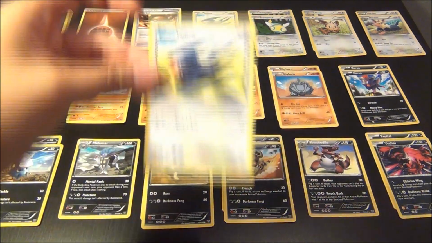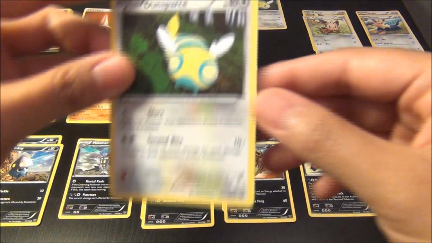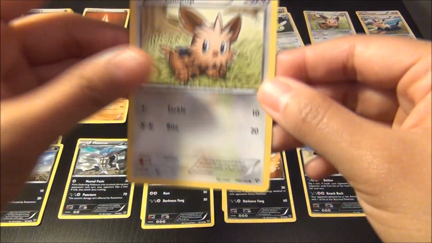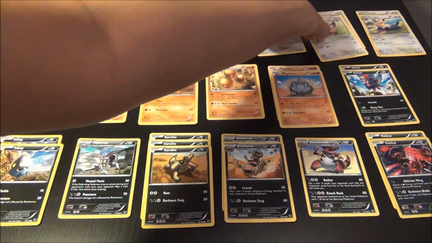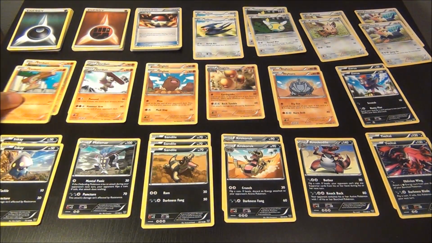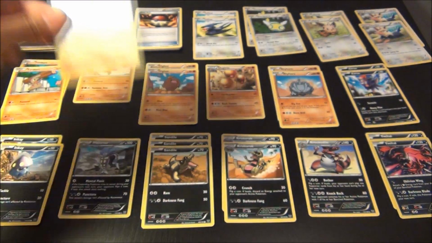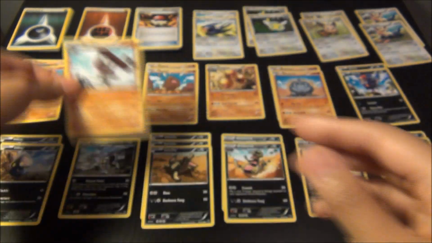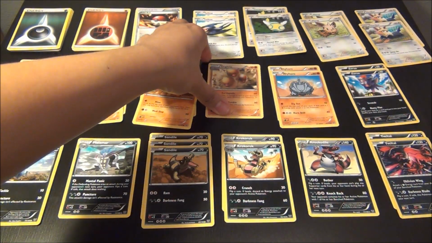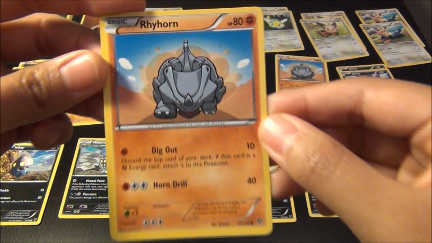So now onto the Pokemon. 2 Trapinch, 2 Dunsparce, 2 Lillipup, 2 Herdier, 2 Timburr, which is kind of a funny name, 2 Gurdurr, which is its evolution, 2 Diglett, and its evolution, 1 Dugtrio, 2 Rhyhorn,